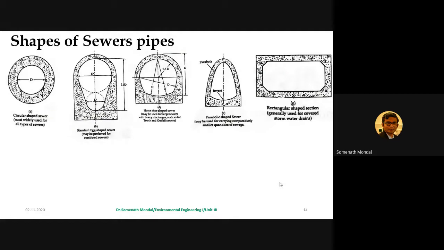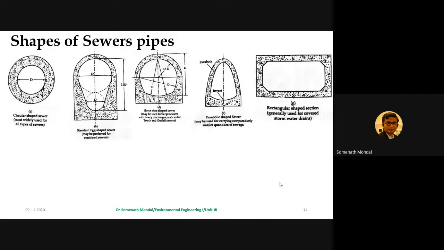Next is the rectangular shaped section. Generally these are used in case of covered stormwater drains, as I mentioned. In stormwater drains, we can consider them as open channel flow. However, sometimes we prefer putting a cover, and once we put a cover, the section becomes a rectangular section. Apart from that, we have semi-elliptical, U-shaped, and semicircular shaped sections,